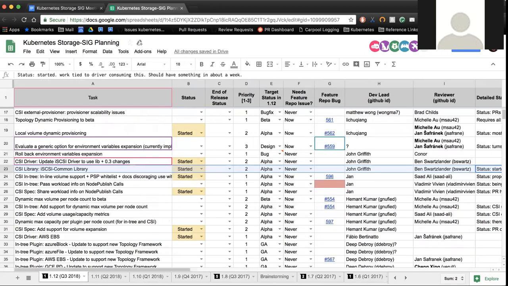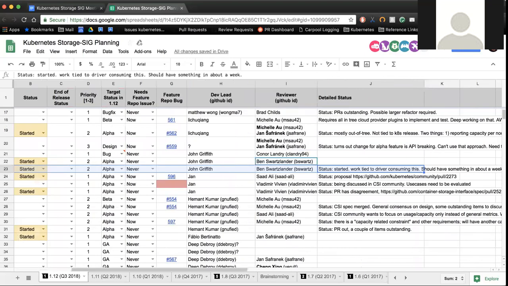Cool. So if anybody is writing a CSI driver that has iSCSI mounting, you should really take a look at the work that John is doing here. He's coming up with a standard library that can be used by any arbitrary CSI driver that does iSCSI mounting.